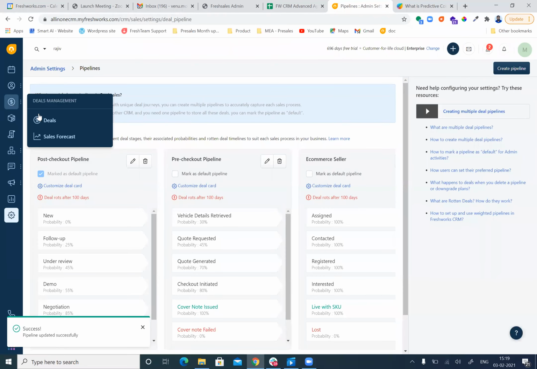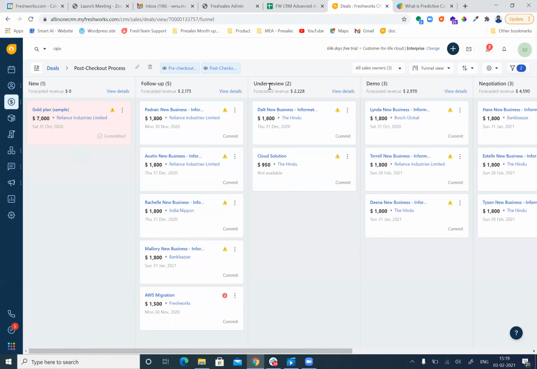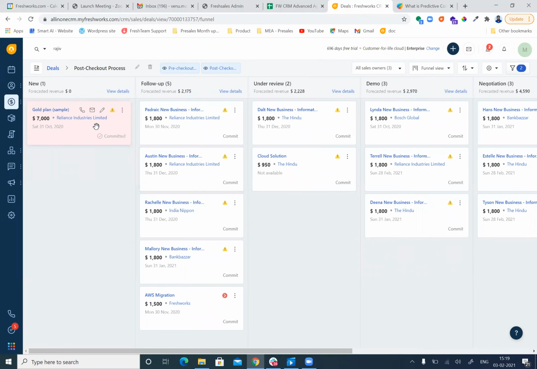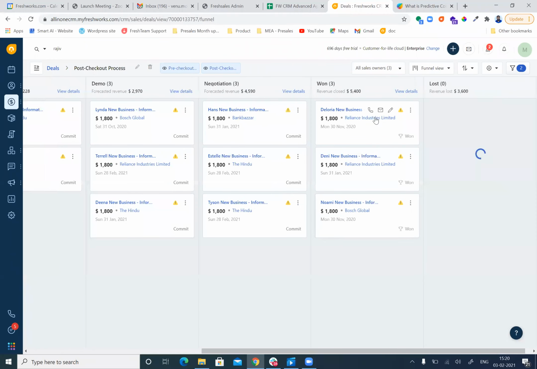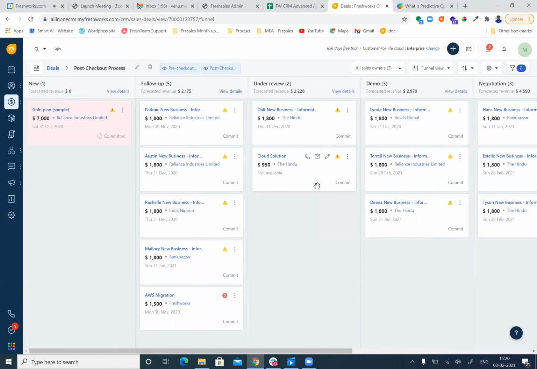Immediately that pipeline will get updated as part of your deal module in the header section. Whenever you create a new opportunity, you can align each and every opportunity under specific sales pipeline stages. So on a single screen, you would be able to see how many opportunities are in the initial stage, how many are in the demonstration stage, and how many opportunities you won and lost. All this you would be able to see as a funnel view as part of the single screen itself.